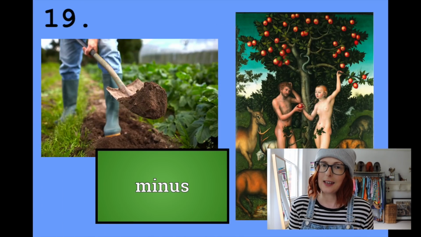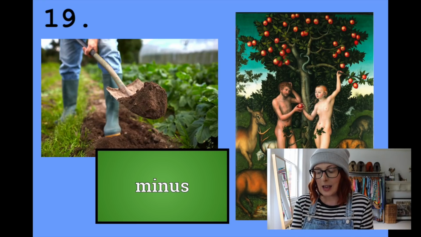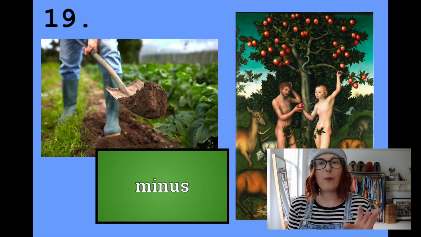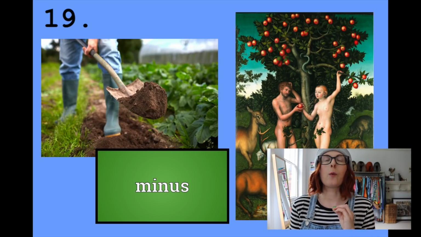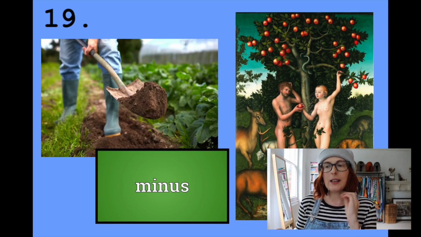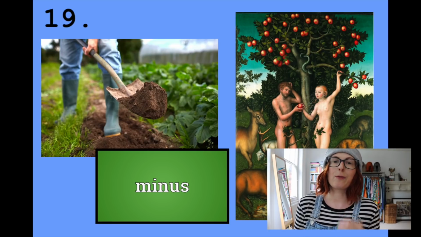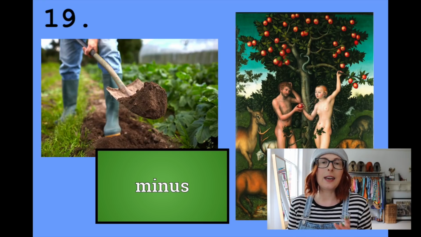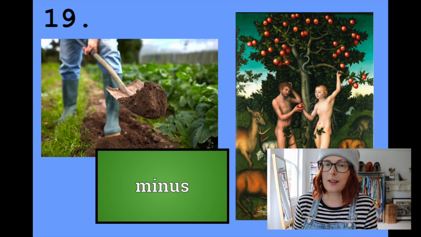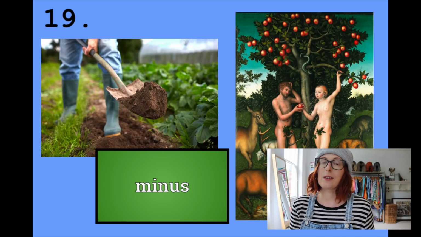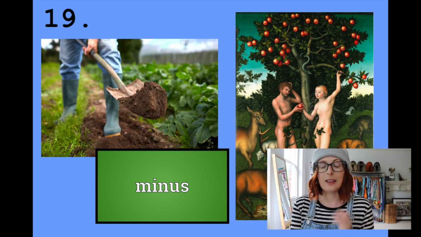Number 19, nearly there, we have someone who's digging a hole. We have the word minus, and then we have Adam and Eve in the Garden of Eden. Here we have to twist one of the words, so we're not using the word minus as it currently is, but if we minus something or take something away from someone, then they have less than what they had before. Digging, the past form of that is dug, so dug less, and then we take Adam from Adam and Eve. This is Douglas Adams, who wrote Hitchhiker's Guide to the Galaxy.